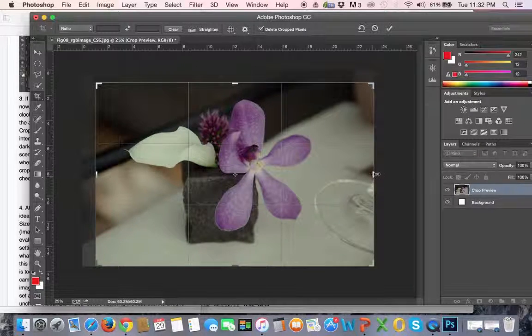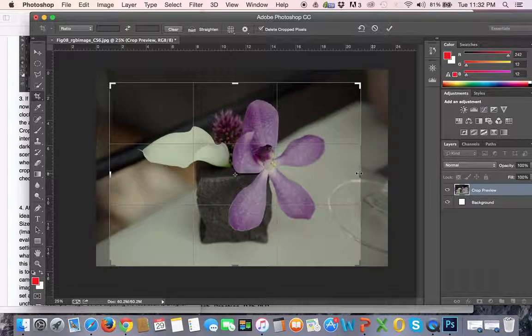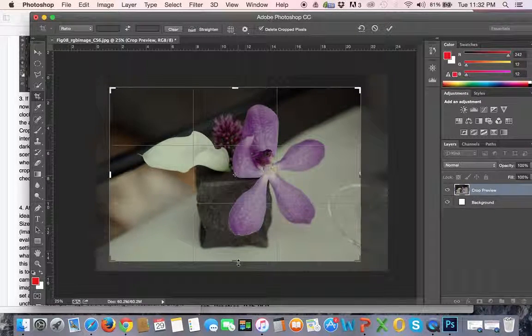Whenever you're editing anything in Photoshop, always work from a copy. Always have a backup of your original somewhere that is not to be touched, because we don't want to be throwing perfectly good pixels away just to never get them back again. I really like the way this crop tool works, because